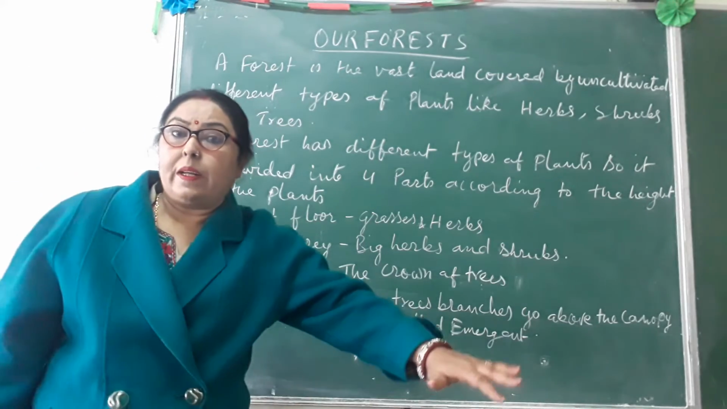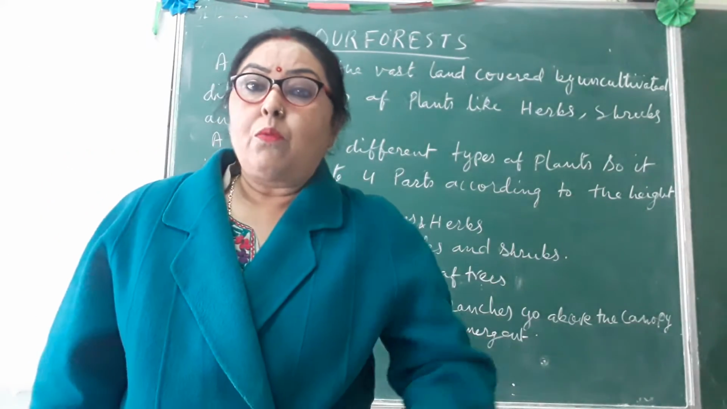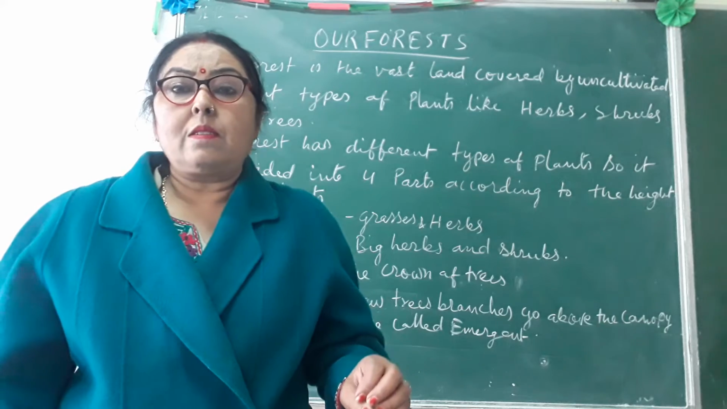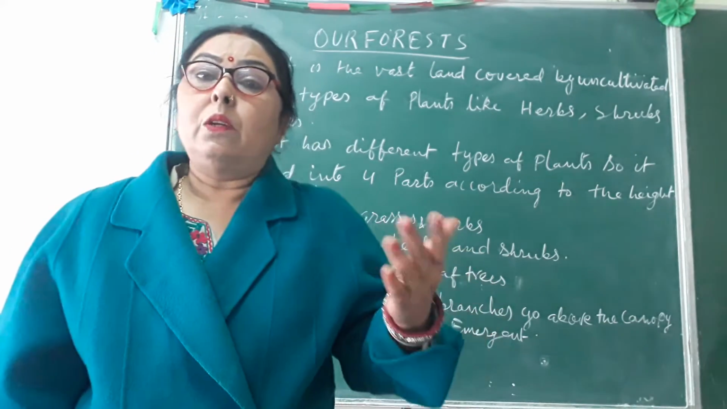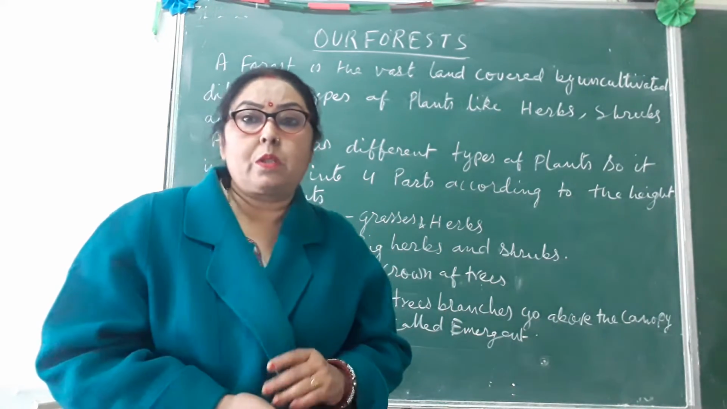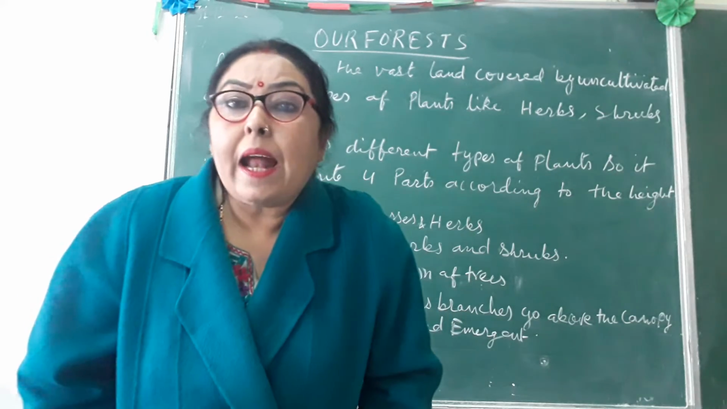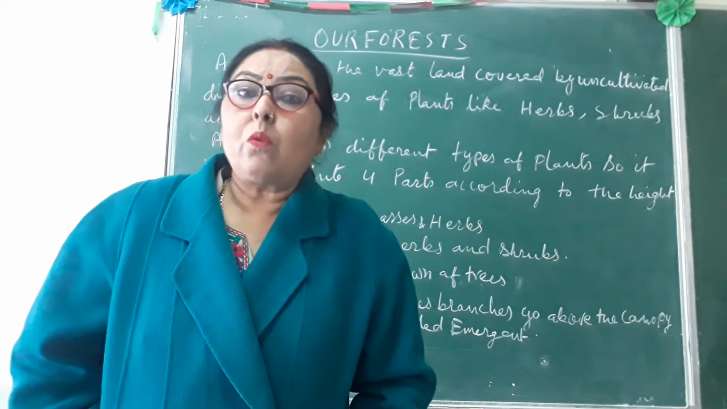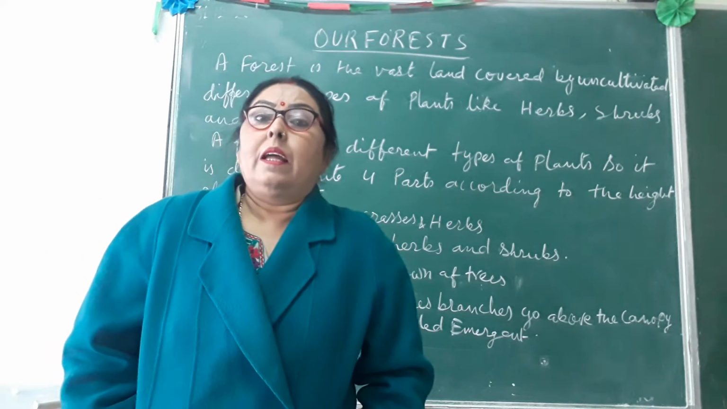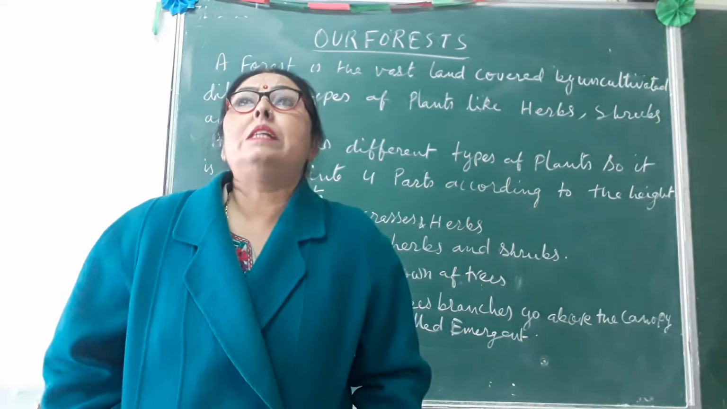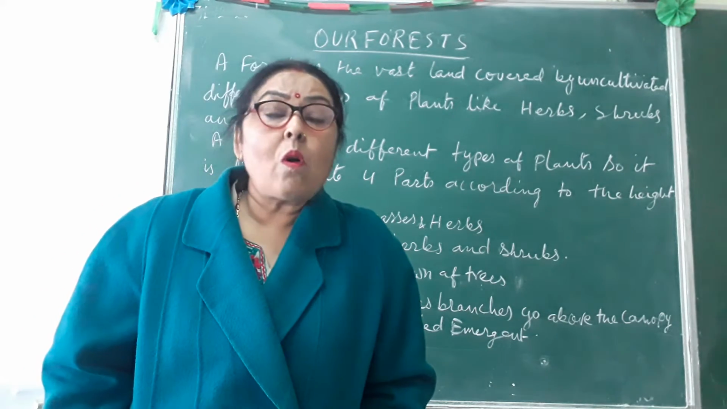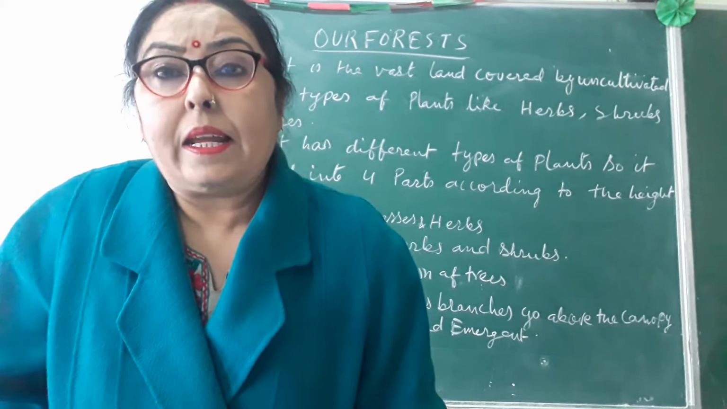First, the lowest one is the forest floor. Forest floor is the land of the forest which has so many different types of small plants, grasses or herbs, small herbs, and obviously the land also has very fertile soil, because all the plants and their parts like leaves, seeds, fruits, twigs, and of course the excreta of the animals and